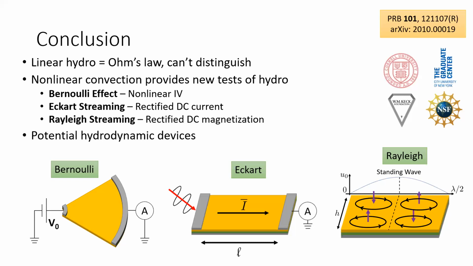Maybe I can ask one. To me, it wasn't quite clear where the specifics of graphene came in. Graphene is not just a 2D electron gas, as you talked about in the first part, but graphene has a number of special properties. Right. So where exactly did that kick in?